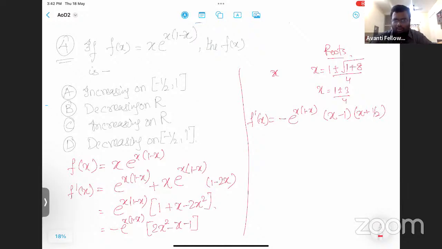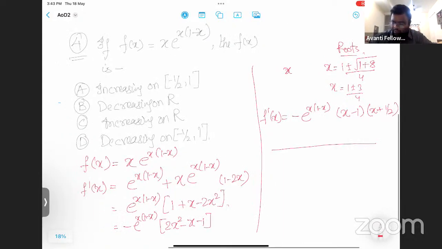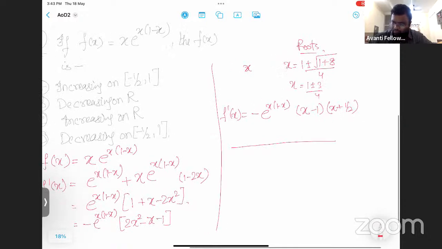Okay, now obviously we will plot the critical points on the number line. So this is our number line. The critical points here are minus 1 by 2 and 1. Since both are from the numerator, they are inclusive. And now the most important part,